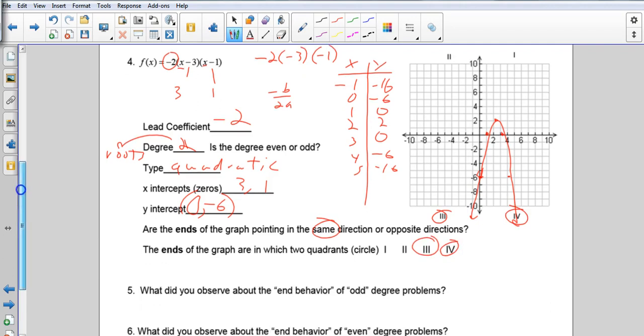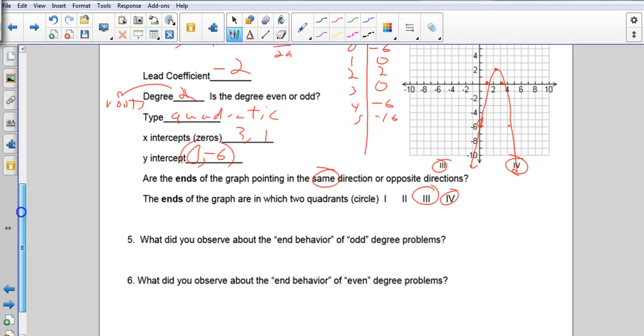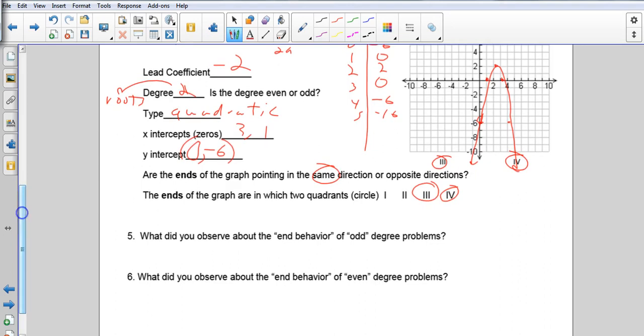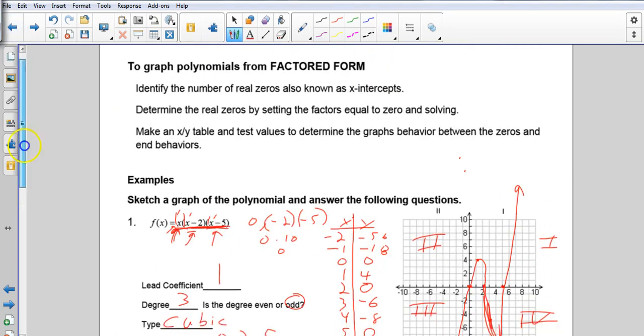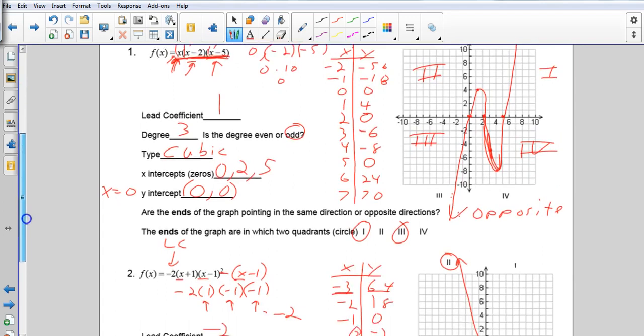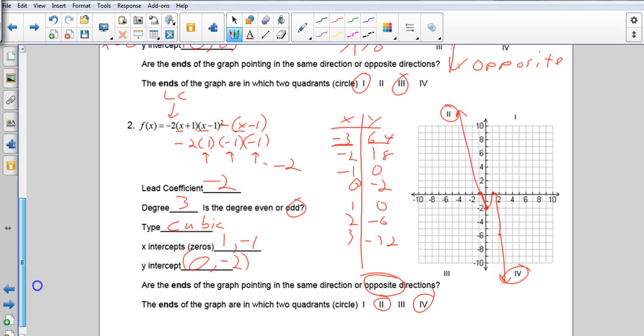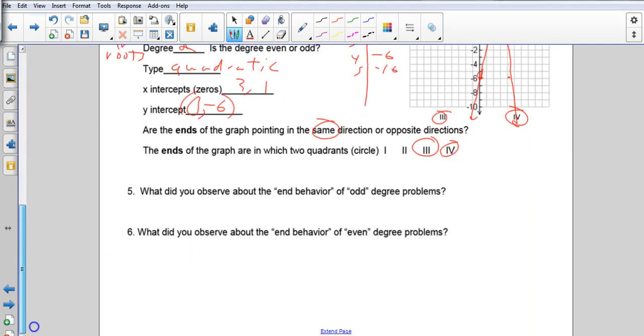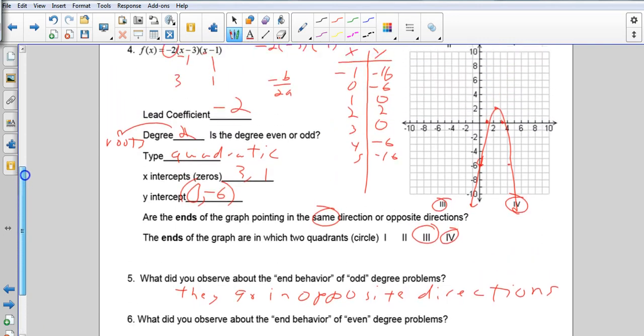Okay? Now, the thing you want to look at is the last 2 pages, last 4 graphs. What do you notice about the end behavior of the odd problems? That's right here. These are both odd. What do you notice about them? They go in opposite directions. And if you look above, what do we notice about the